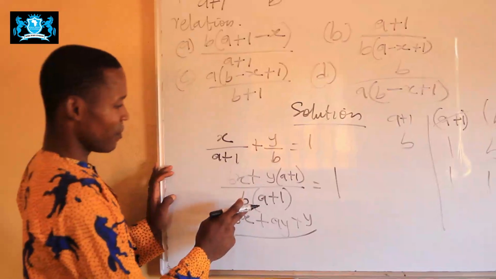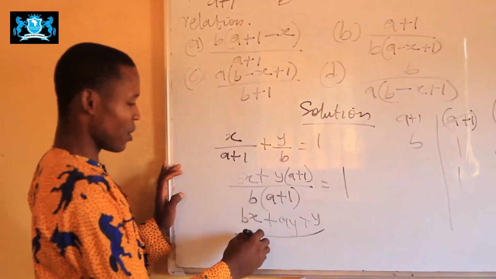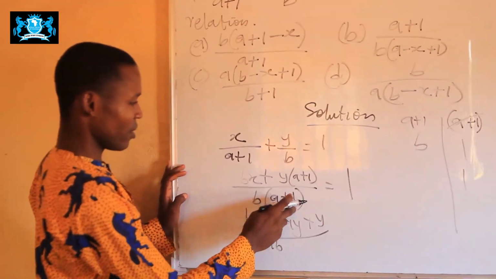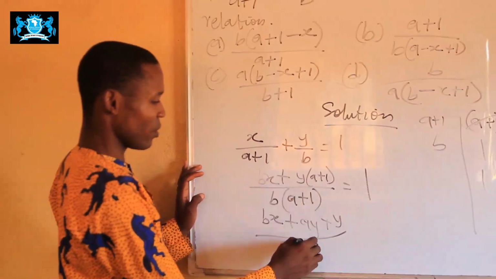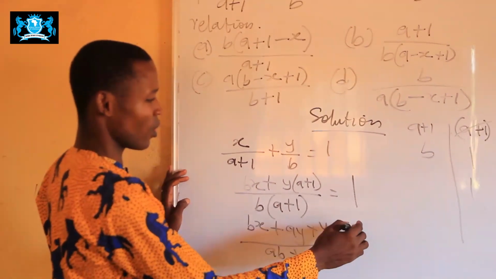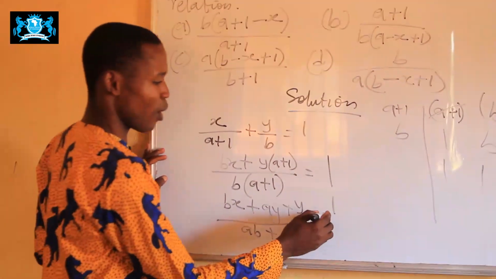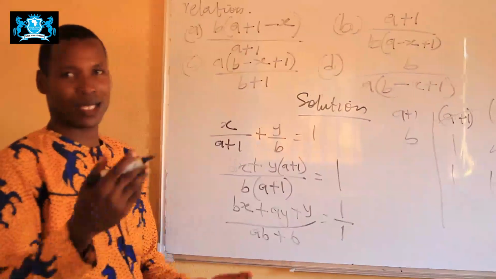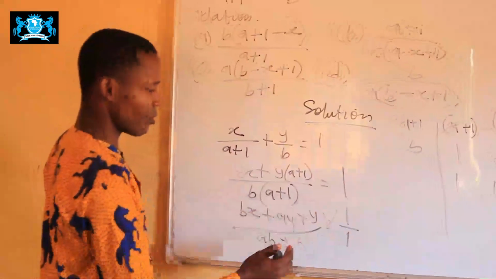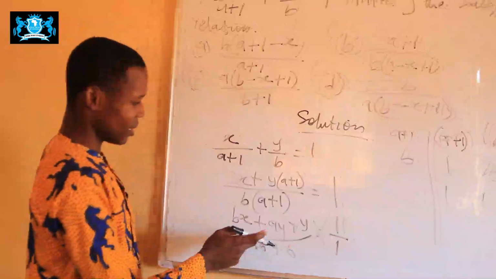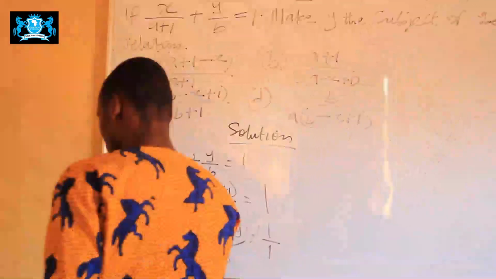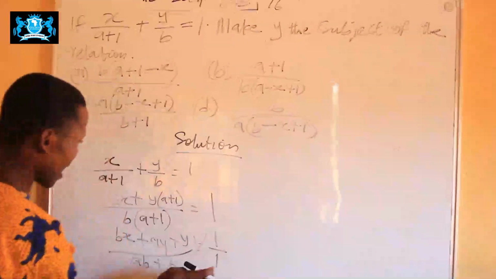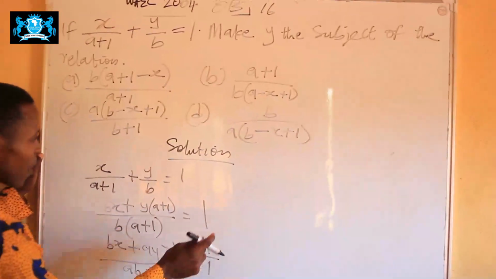All over b times a will give us ab, b times 1 will give us b, equals to 1 all over 1. 1 all over 1 is still 1. So we just cross multiply. This will times this, this will times this. When we have this times 1 will give us